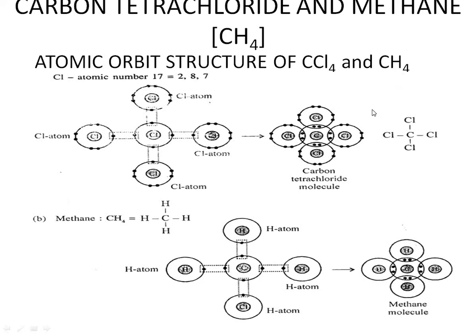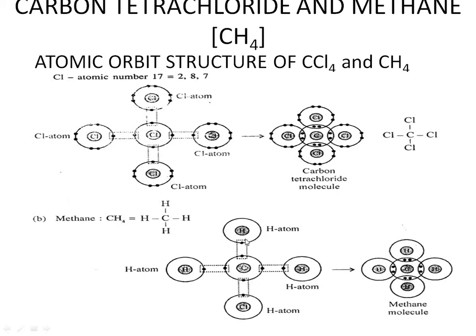Coming to the methane molecule, here also you have to draw the structure of carbon in the center as usual, like carbon tetrachloride, but instead of chlorine I am going to take hydrogen atoms, 4 hydrogen atoms there. Now, K shell 2 electrons, so you need not worry about the K electrons. L shell 4 electrons, you draw it. Place the carbon in the center and all the hydrogen atoms up and down and on the sides of the carbon atom.